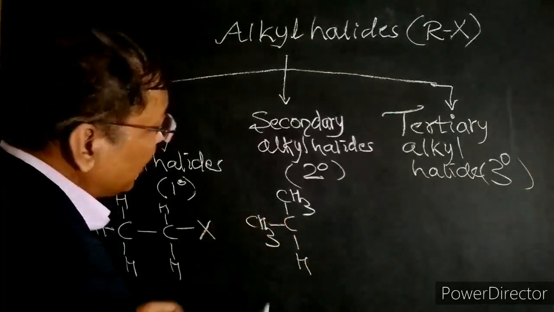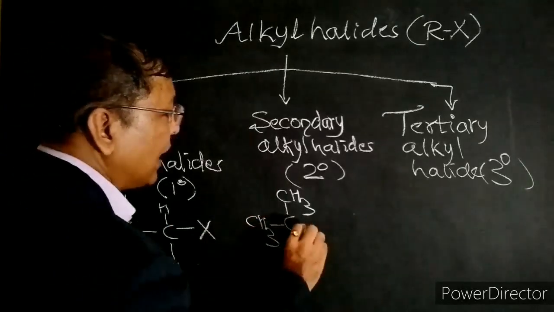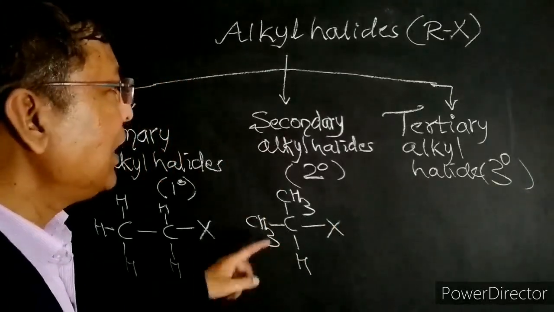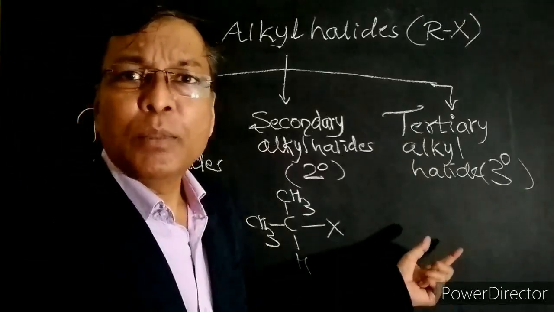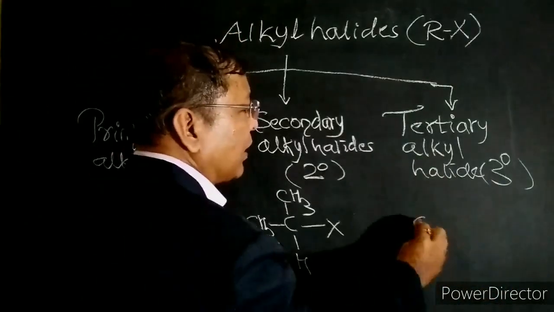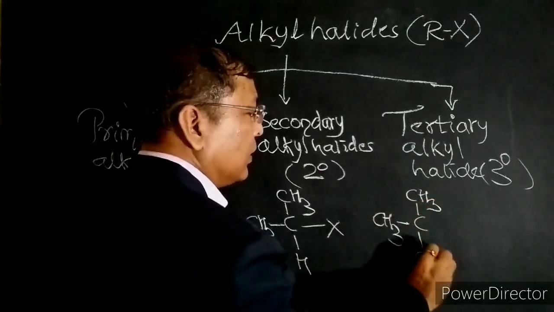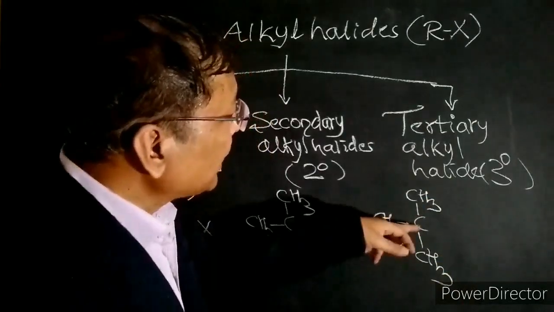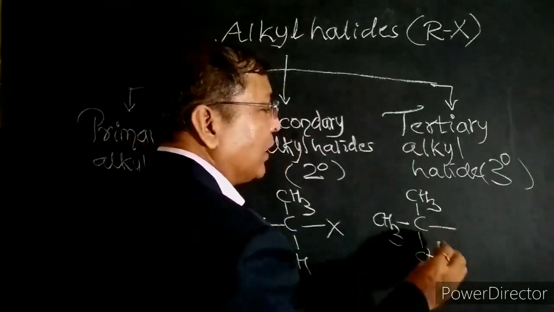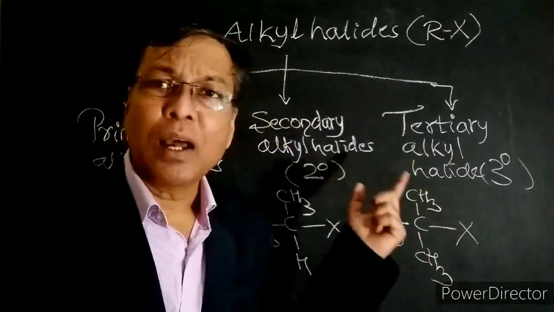See, this carbon atom is attached to two more carbon atoms. Therefore, this is a secondary carbon atom. When the halogen is attached to a secondary carbon atom, it is called a secondary alkyl halide. When a carbon atom is attached to three other carbon atoms, it is called a tertiary carbon atom. See here, CH3, CH3, CH3. This carbon atom is attached to three more carbon atoms. Therefore, this carbon atom is a tertiary carbon atom. When the halogen atom is attached to a tertiary carbon atom, the compound is called a tertiary alkyl halide